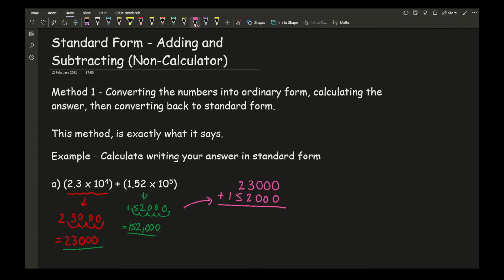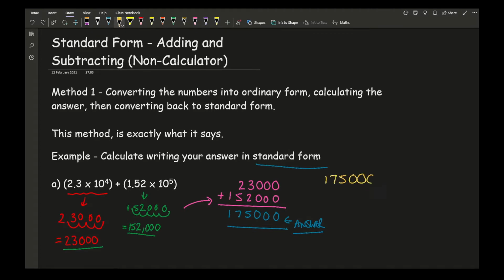So the next thing I'm going to do is add the numbers together, which, let's go for a different color, let's go for blue. So I've got 0, 0, 0, 5, 7, 1. And now this is the actual answer. Now typically when you've got a question where the numbers are in standard form, they're probably going to be expecting you to write your answer in standard form, exactly how it's written in the question. So what I now need to do is convert